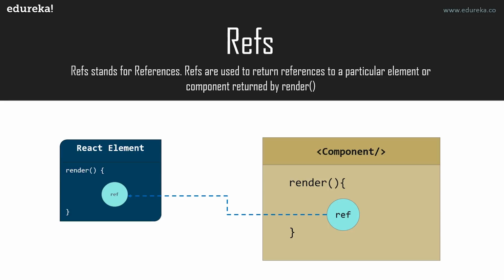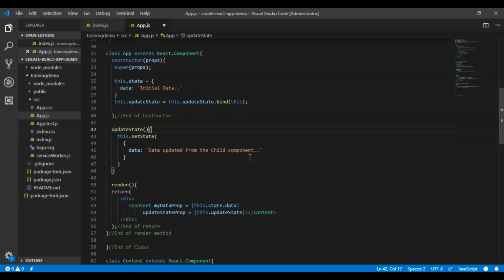Now let me show you how you can use refs, so let me go back to the same example. Ref is used to return a reference to the element. This we already know. Now, what are React refs? Although I recommend that refs should be avoided in most cases, they can be useful when we need DOM measurements or to add methods to components. So we will see now how you can use refs. In this example, I'm going to show you how you can use refs to clear the input field.